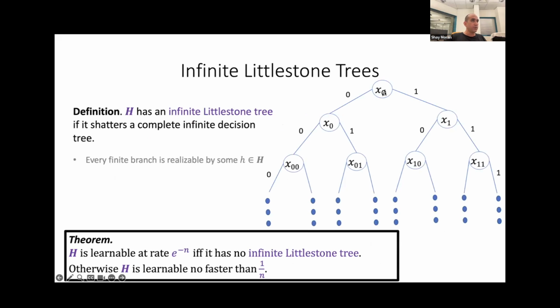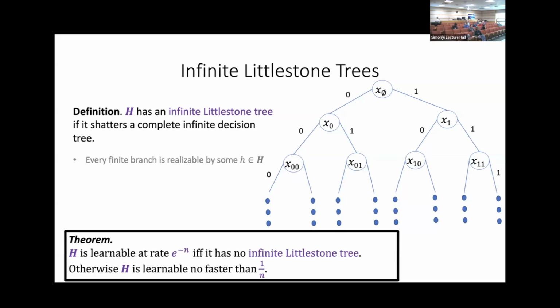on every round. He will first give me the root. I will say 0, he will say, no, you are wrong, it's 1. And then he will go here to x1. And then I will guess something else. Let's say I guess 1. Then he would say, no, you are wrong, and we'll go here to x1, 0. And because the tree is shattered, his answers are consistent at all times with some function in the class.